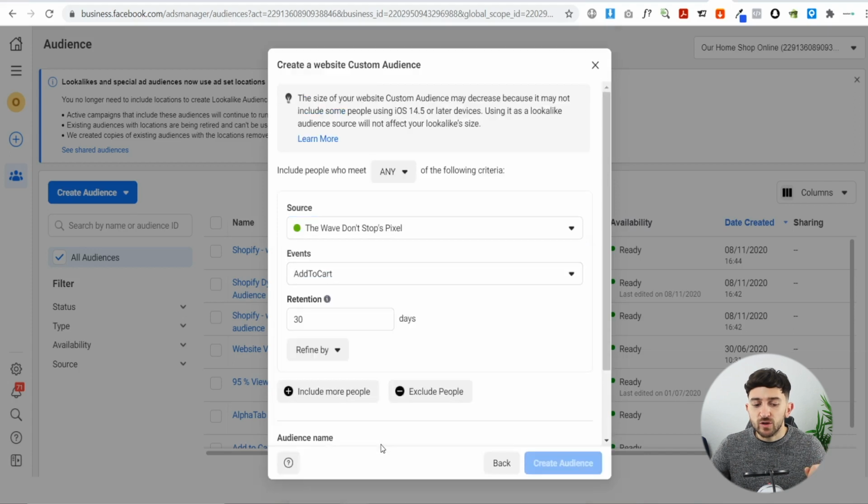For example, if we just choose add to cart, then over where it says retention, that basically means anyone that did this in the last however many days that you choose in here. You're probably going to want to choose 30 days at a maximum. It really depends how much data you've collected and how long you've been running your ad campaigns. Maybe you've been running your ad campaigns for a few months, so you could come in here and do 90 days. So anybody that added to the cart in the last 90 days,